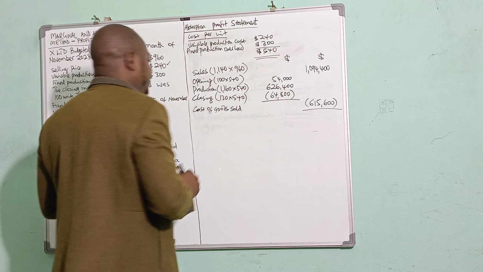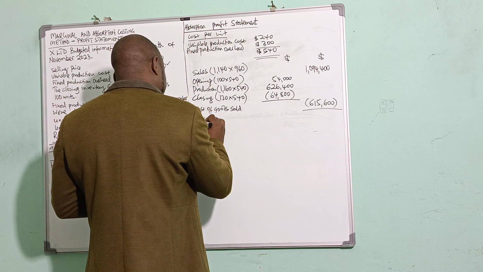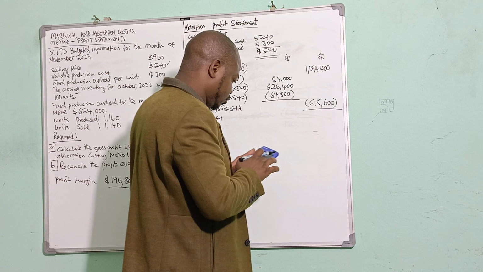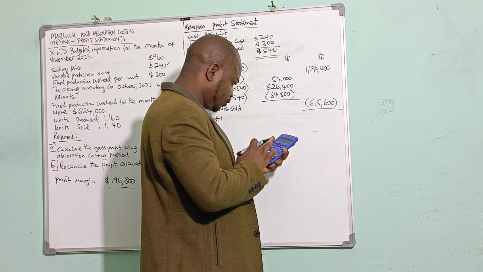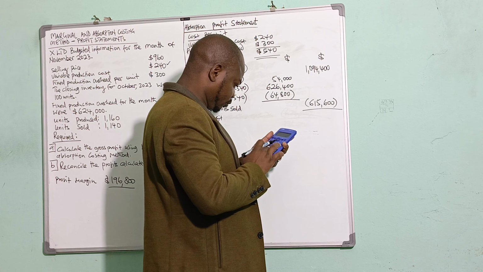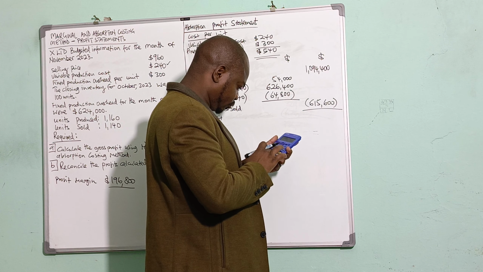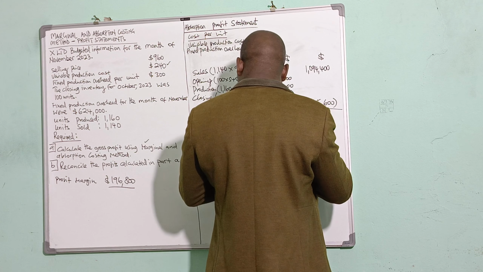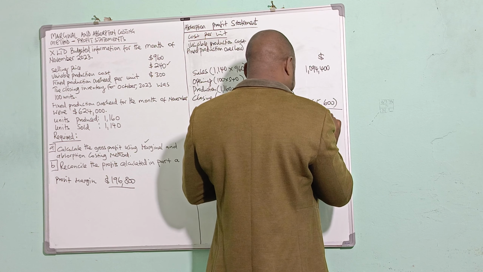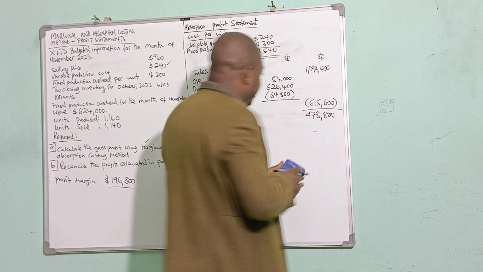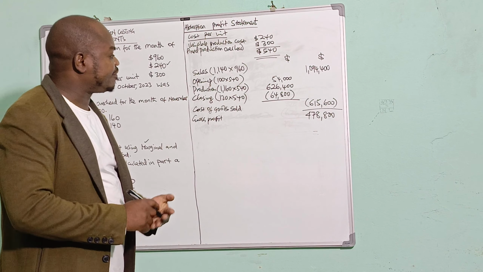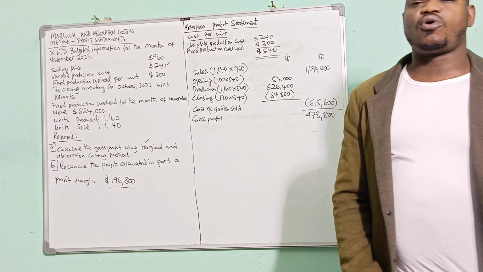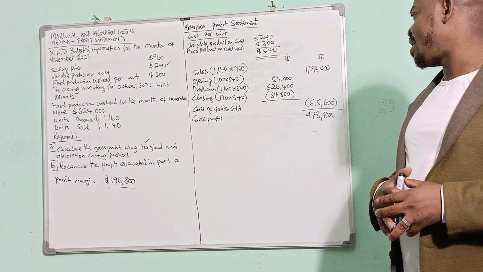From here now, I can find the gross profit before adjustment. I have 478,800. Now, this gross profit that I have is before adjustment because I need to adjust for over and under